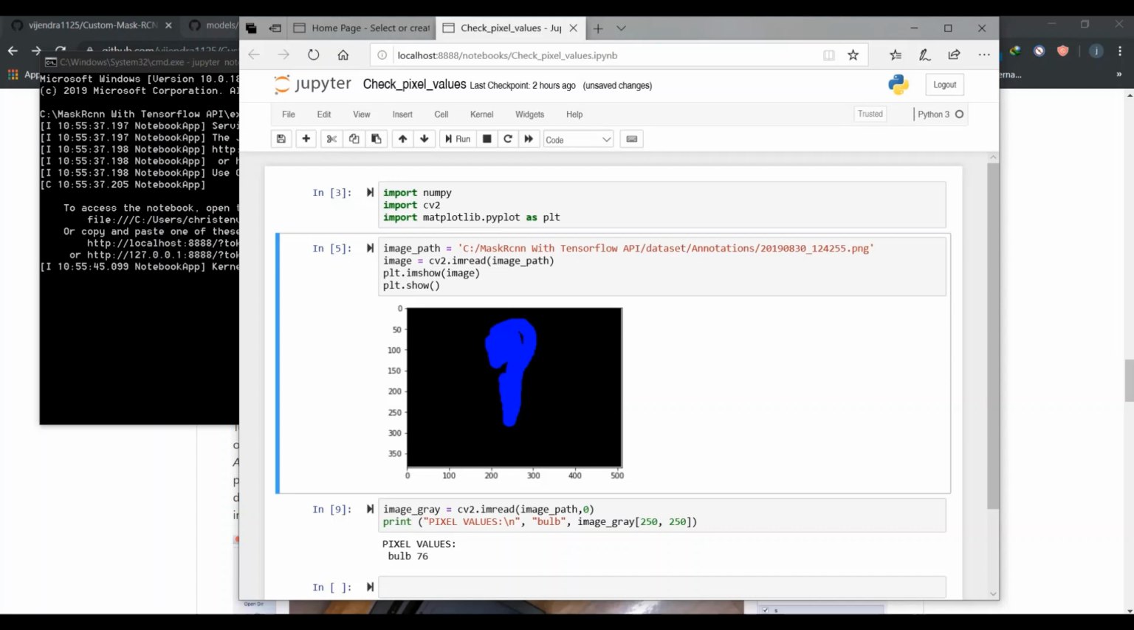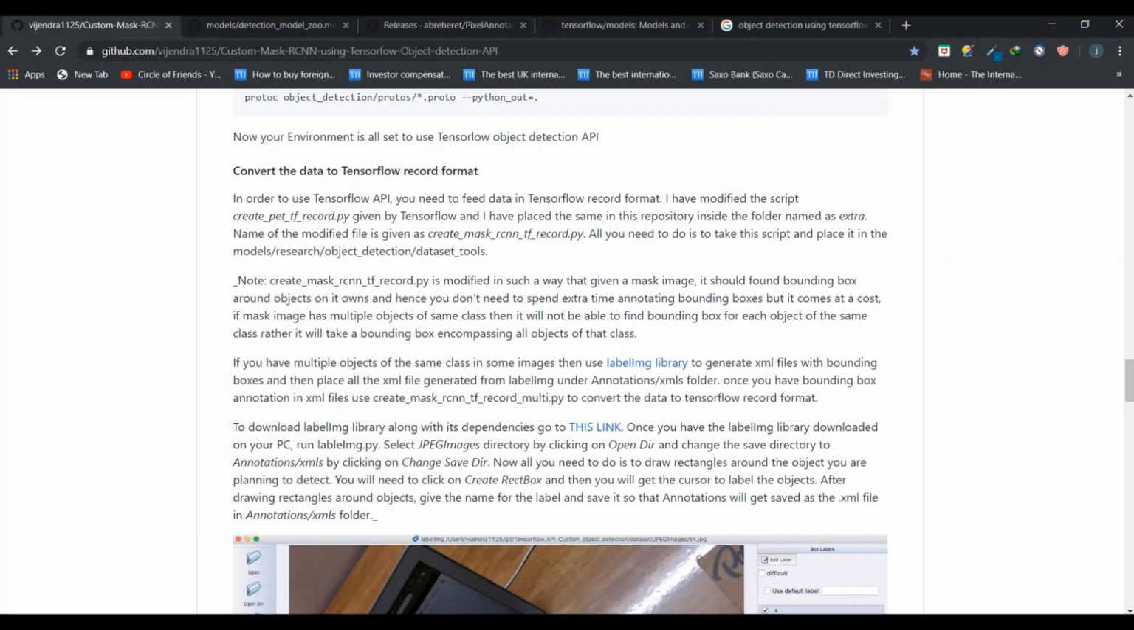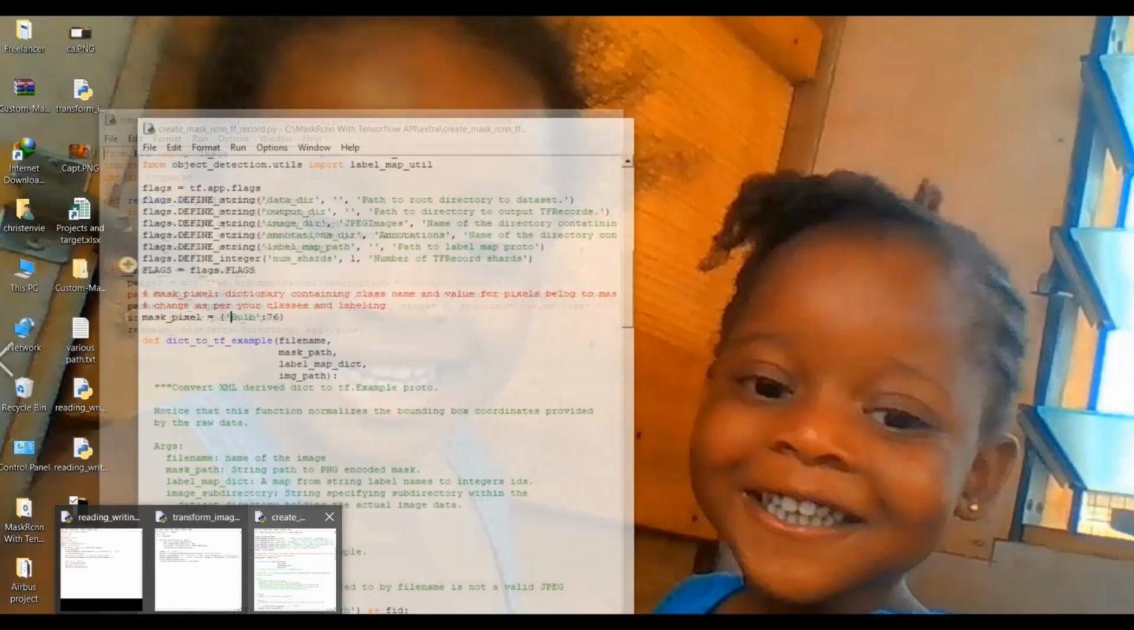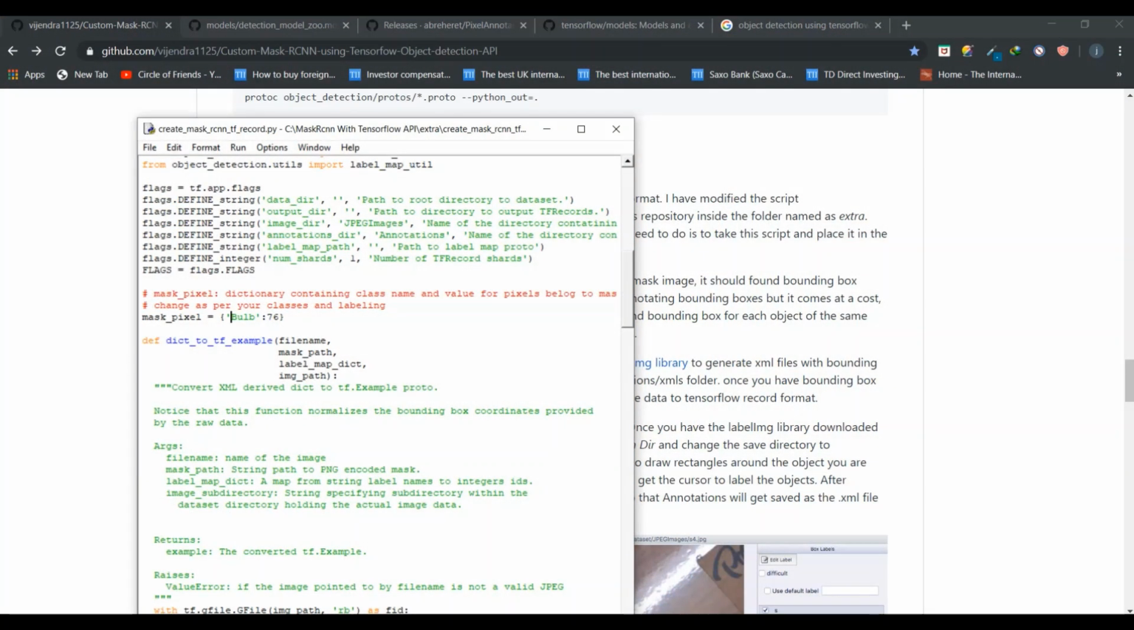You can pick any. I chose a 250 by 250 image, or you can take 200 by 200, 100 by 100, and you get the pixel value. The pixel value is 76. So this is where I got the pixel value, and you place the pixel value in this. So if you add other items like